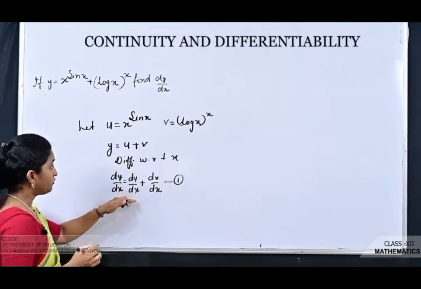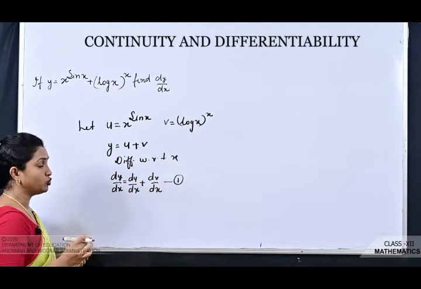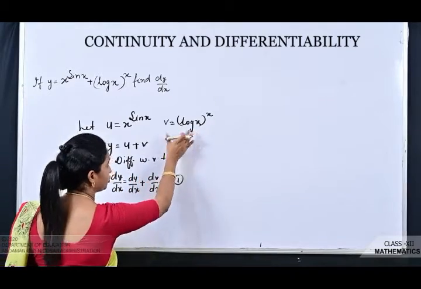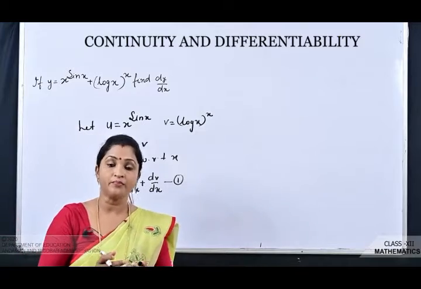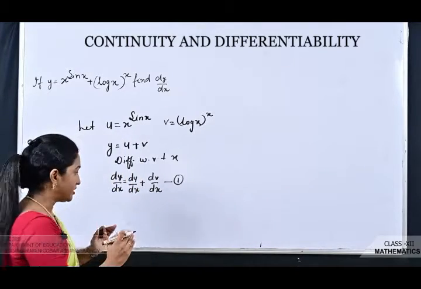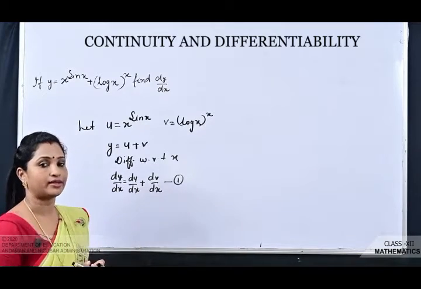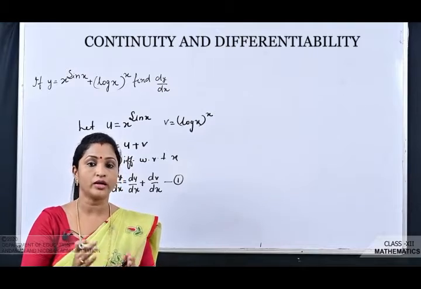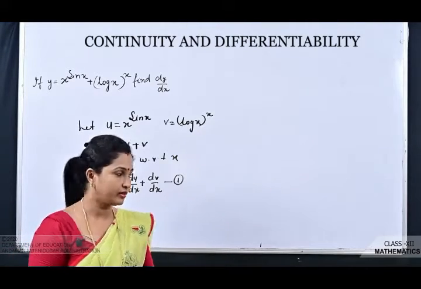Correct? Now from this equation you will find the value of du by dx by logarithmic differentiation, and again here also you are going to apply logarithmic differentiation, means separately you have to apply logarithmic differentiation and then finally add both the differentiations together, then you are going to get the answer for dy by dx. When you have more than one term, you are not supposed to take log on both sides together; you solve them separately. Correct?